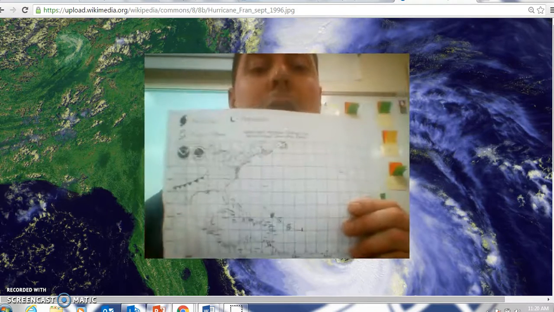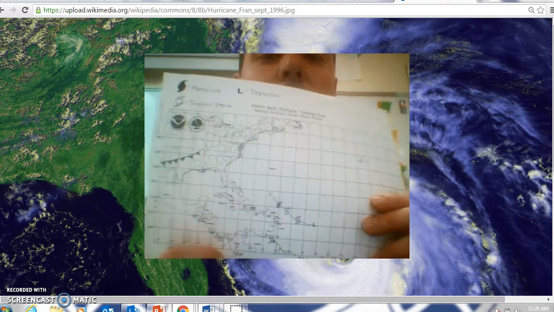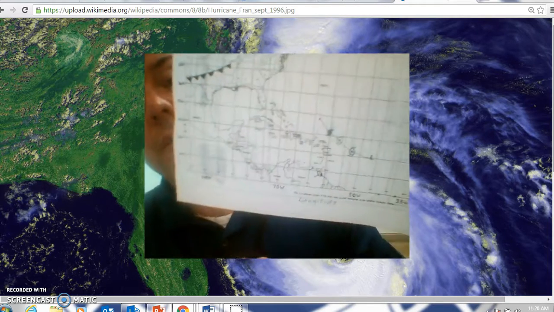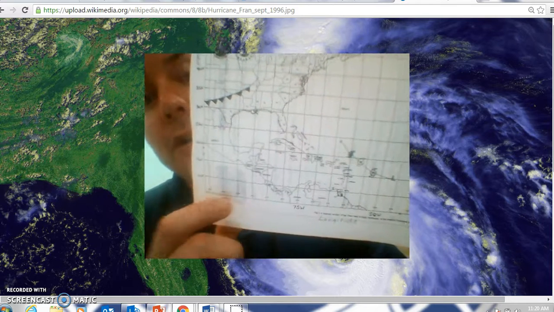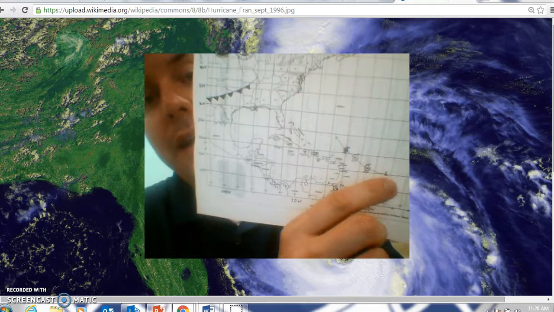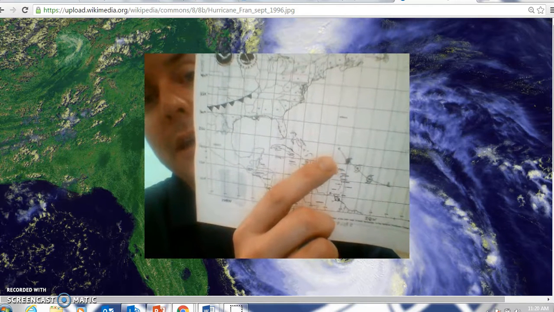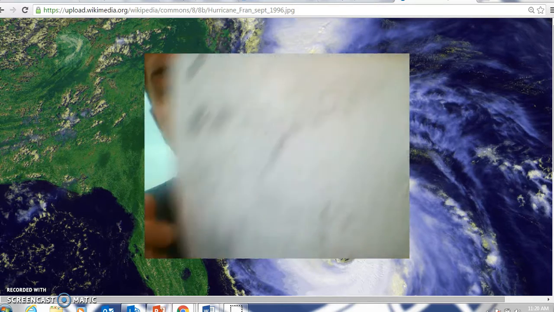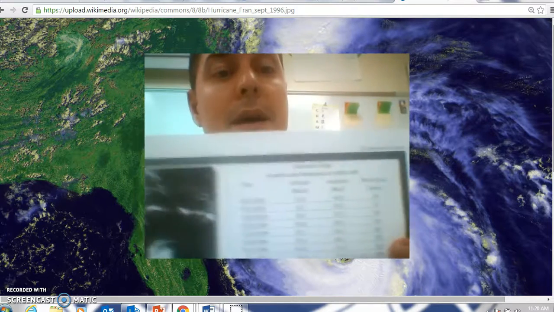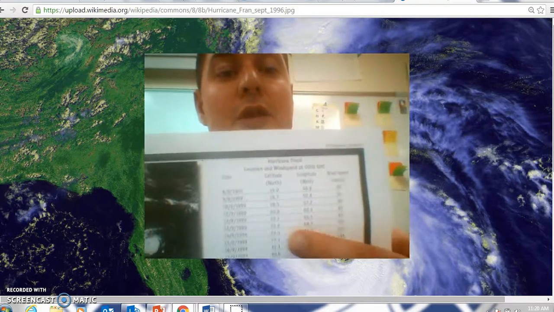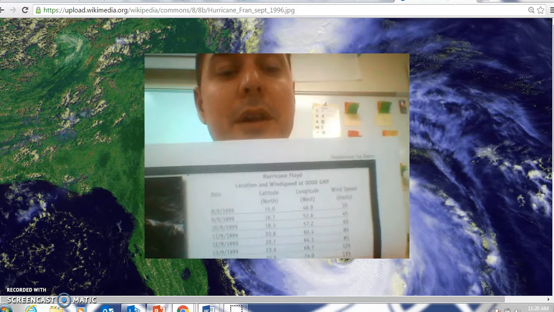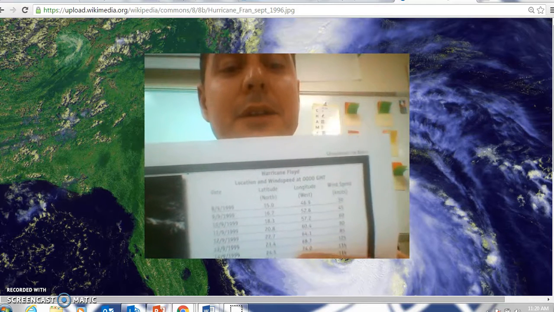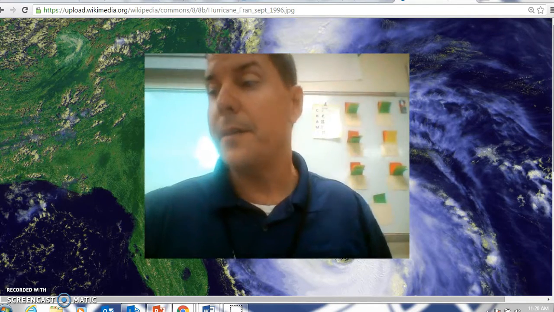So you can see here, I've done it first, all right? And what you're going to do, you're only going to plot with dots, all right? So you can see that right here, I put in dots and I've connected those dots, and you need to go through each coordinate for Floyd, and you need to plot each point. Make sure that you round each one to the nearest whole number, and you're going to plot it as dots, and then you're going to connect the dots. So don't forget that